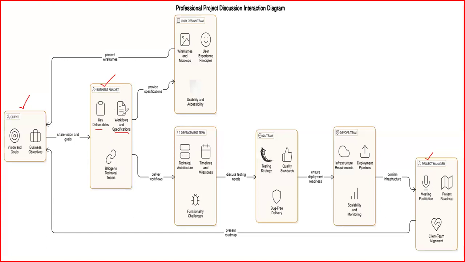Once the key deliverables, workflows and specifications are prepared, he gives that input to the UI UX team. The UI UX team is nothing but your front end team. So UI is nothing but user